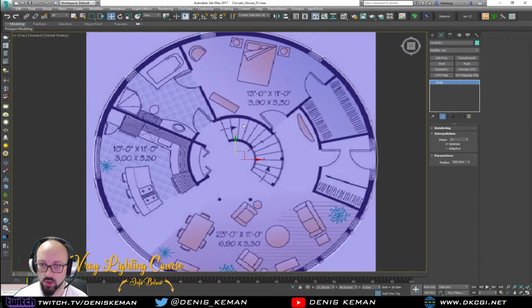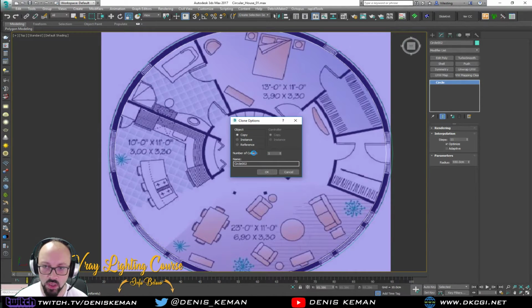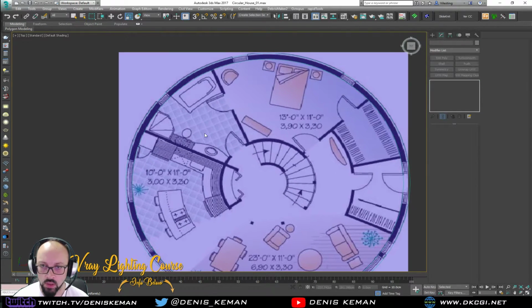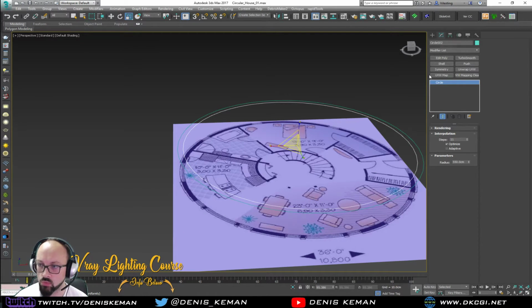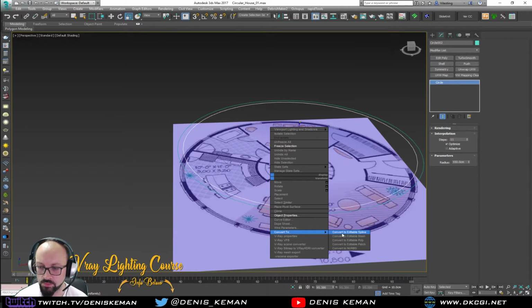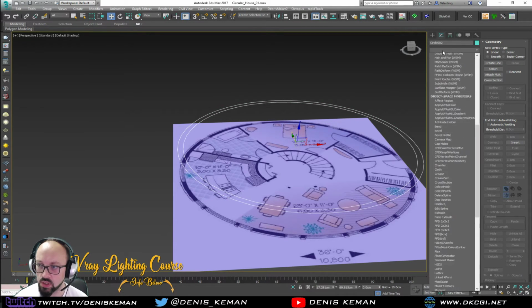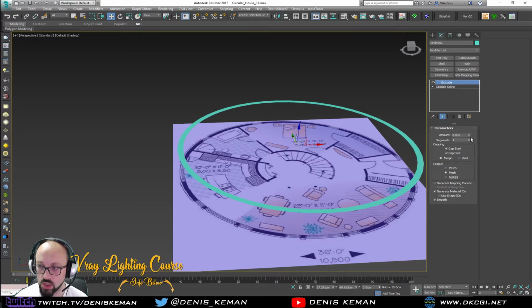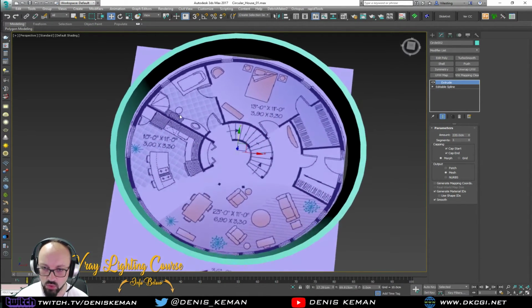Awesome. All right. So just to get the thickness of the walls or the exterior walls, I'm going to hold down Shift and drag one line inwards like this. All right, there's a copy. That's cool. And with these two, now what I can do is, well, turn this thing into an editable spline, attach both of them, and now if we put an actual extrude modifier here, I'm going to get a wall for whatever height that I need this thing to be. So if we go 220 for a single story building,